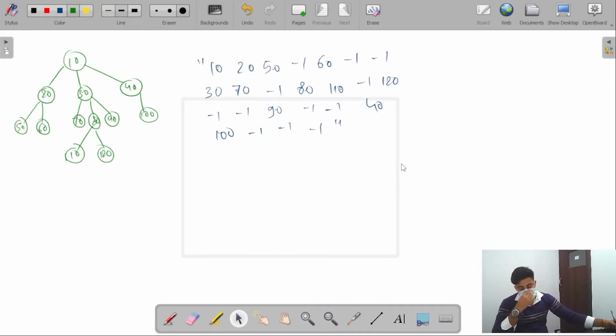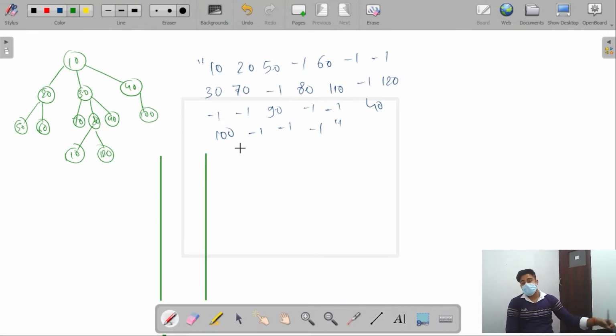Now, the first thing is that in the previous question, we solved the serialize and deserialize methods by a recursive approach. But in this question, we don't use the recursive stack. We are just going to use our own stack, and we will solve this question with that stack. How will we solve it by that stack? Let's try to understand it.